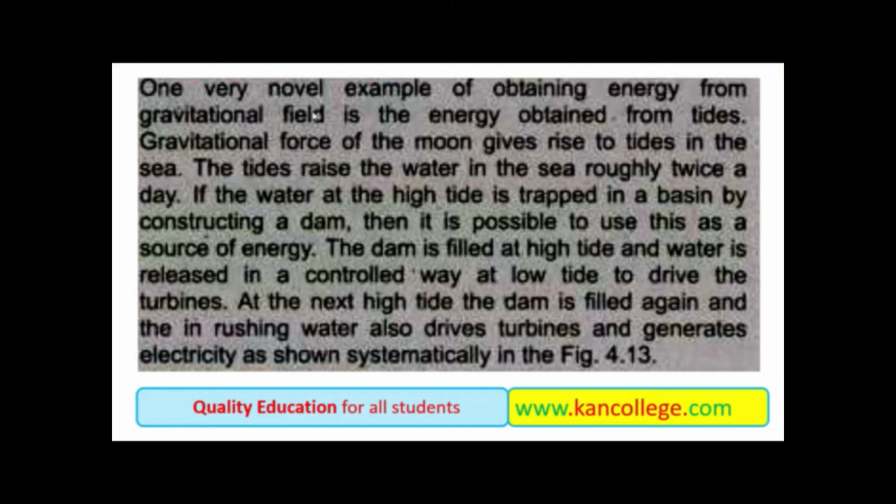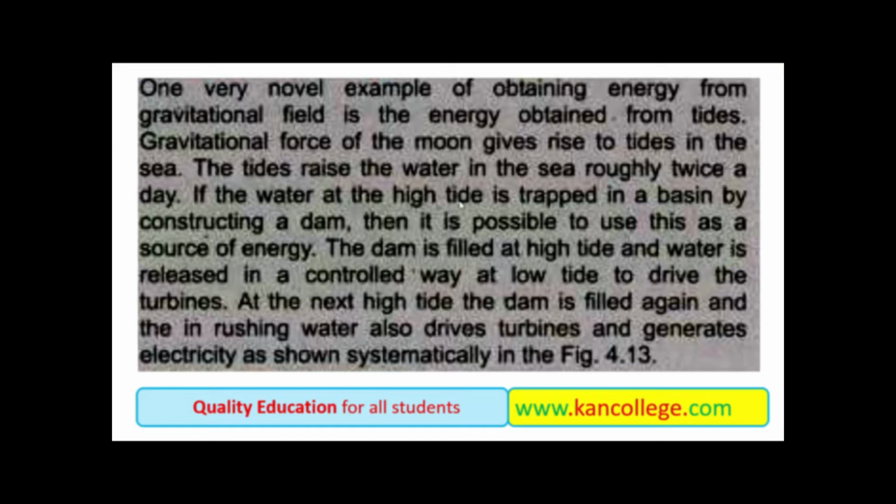And so one very novel example of obtaining energy from the gravitational field is the energy obtained from the tides. Gravitational force of the moon gives rise to the tides in the sea. The tides raise the water in the sea roughly twice a day as the moon moves a complete round trip around the earth.